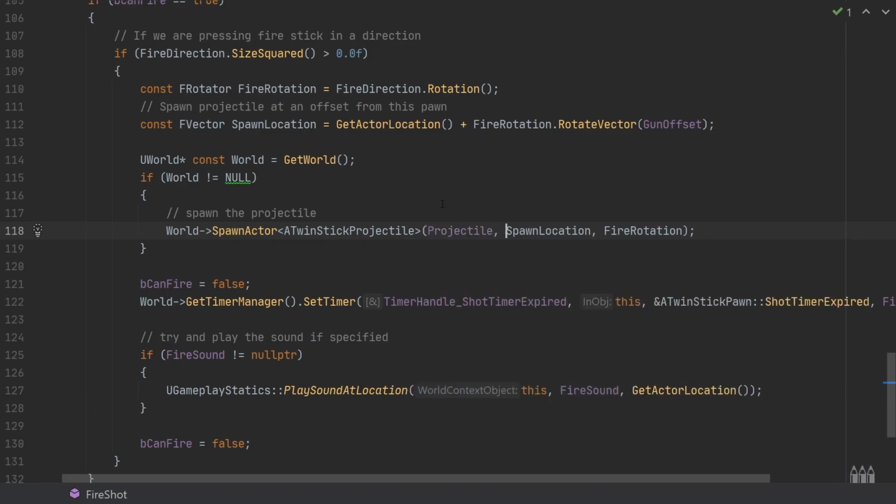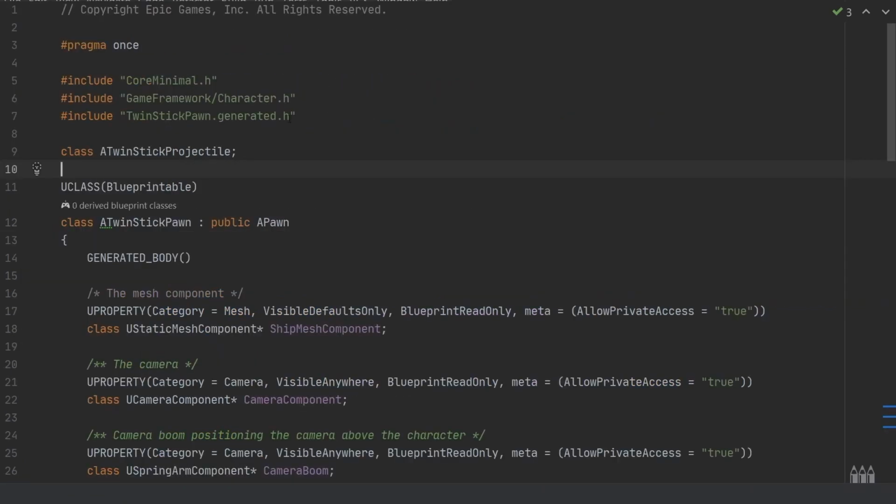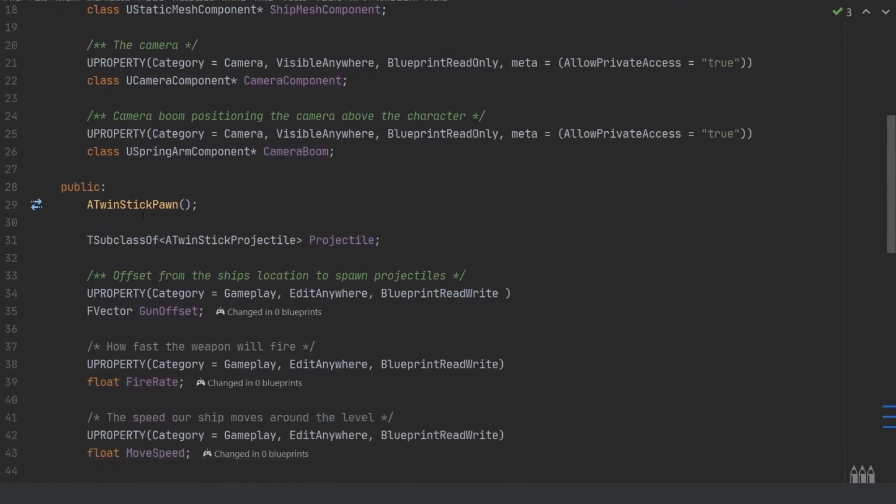So this is now saying that we'll spawn a class of the type ATwinStickProjectile, which, remember, all of our blueprint children are a type deriving from our C++ class, but we then will specify which version of that class we're going to spawn just here, which will be the projectile that we can pass in via the editor. And that just reminds me, one thing we need to go back and do in the header file is